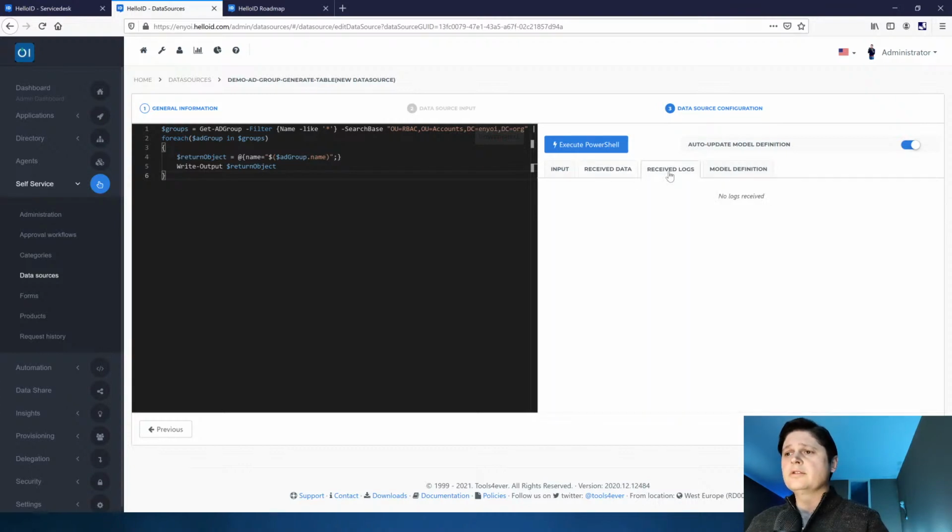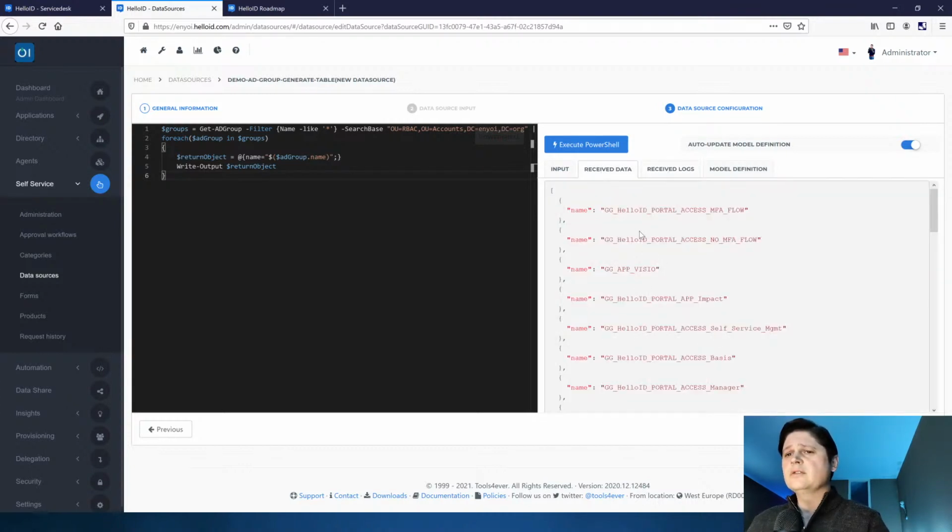Of course, you can also see the received logs, and there's also a difference which makes it easier to create these tasks: we support native PowerShell. So instead of using the HIT tasks, HelloID task, now you can use the write output to send information back. And if you want some logging, you can just say write